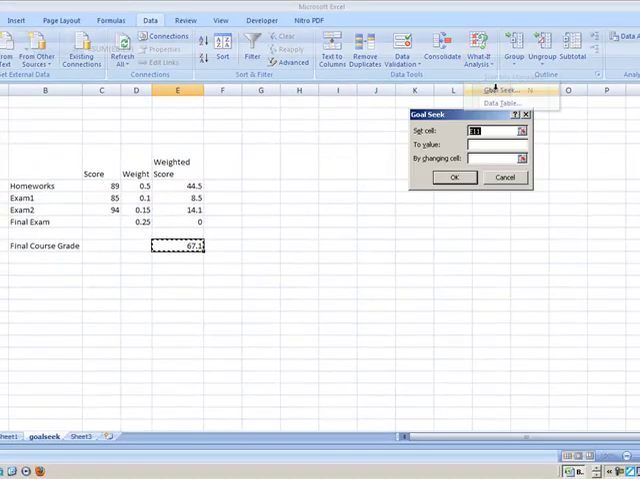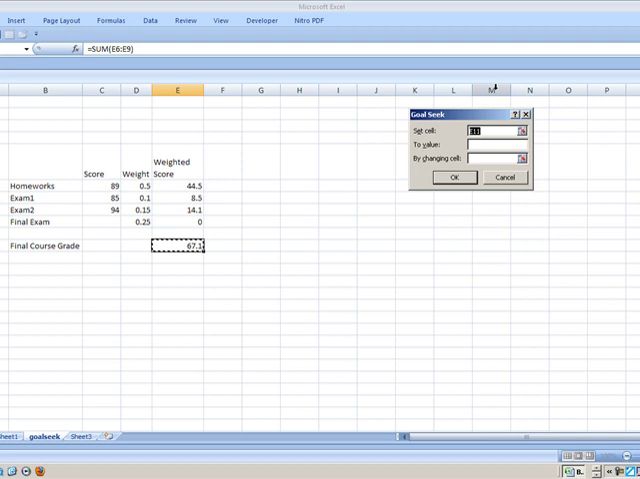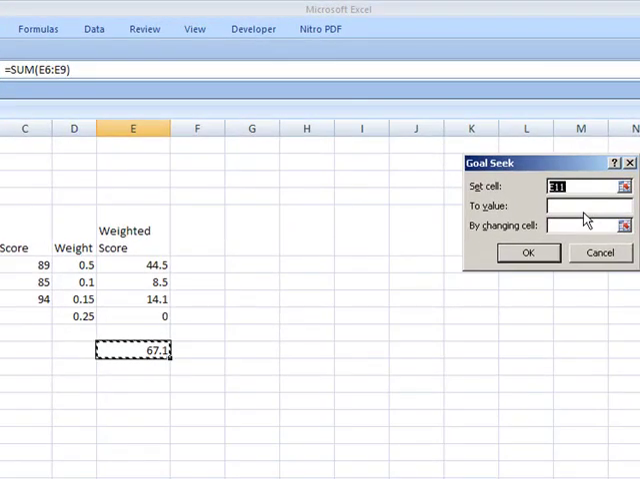Click on goal seek, and we have to fill in now 2 values. It says set cell, and we have our cursor in that cell so we don't have to type it in. Set cell E11 to value, and in this course to get an A we have to get a 91. Let's set value to 91 by changing. Now how are we going to accomplish that? Only by changing cell C9. Okay, so the question is, what do we have to get on the final in order to get a 91? Let's say OK, click on that,